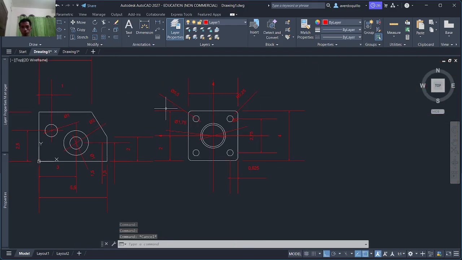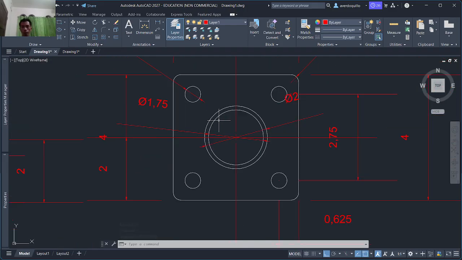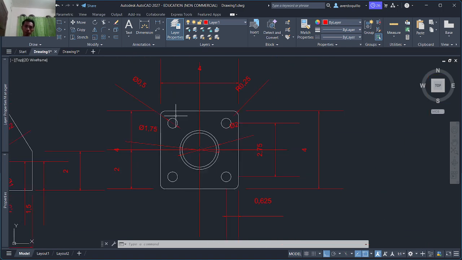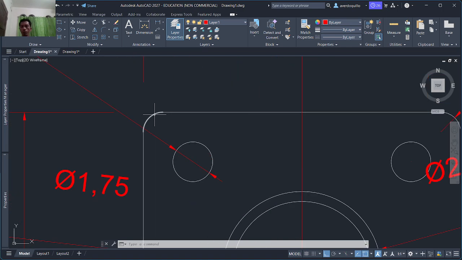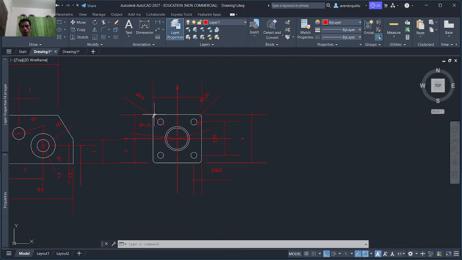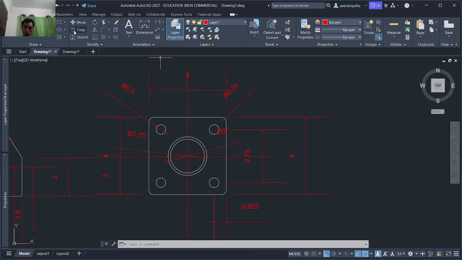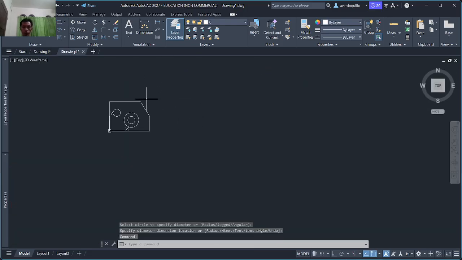The other thing is this one here. This is a square. Never mind the smaller fillet here. Let's focus on the maximum side-by-side measurement. So this is a square of 4.